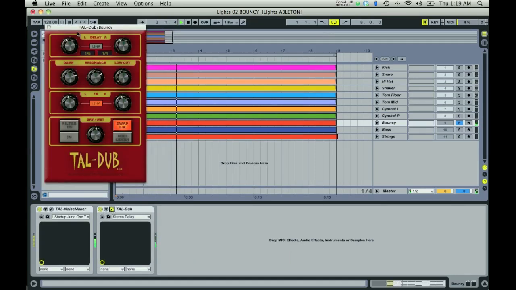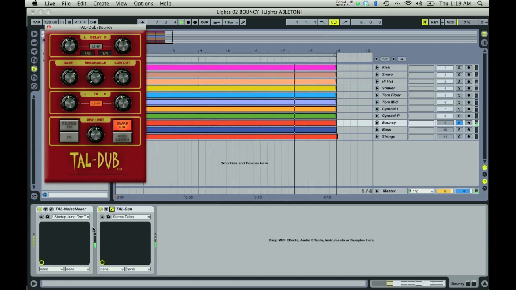This is the default delay in Tal Dub. It's kind of close, but not quite right. The timing's right. You got eighth note on the left, quarter note on the right. Damping, let's see. A little damper. Very common to dampen the delayed sound so that the source sound is kind of bright in front and the delays are a little rounder behind.